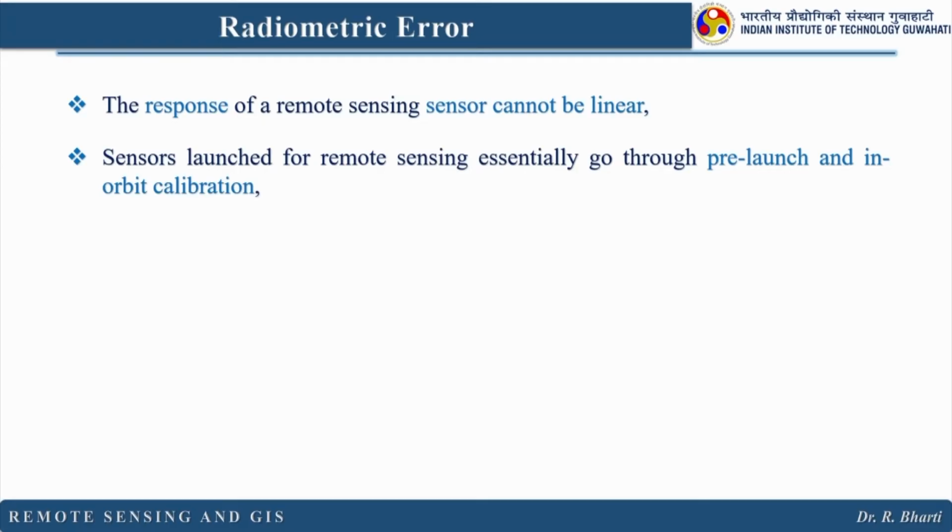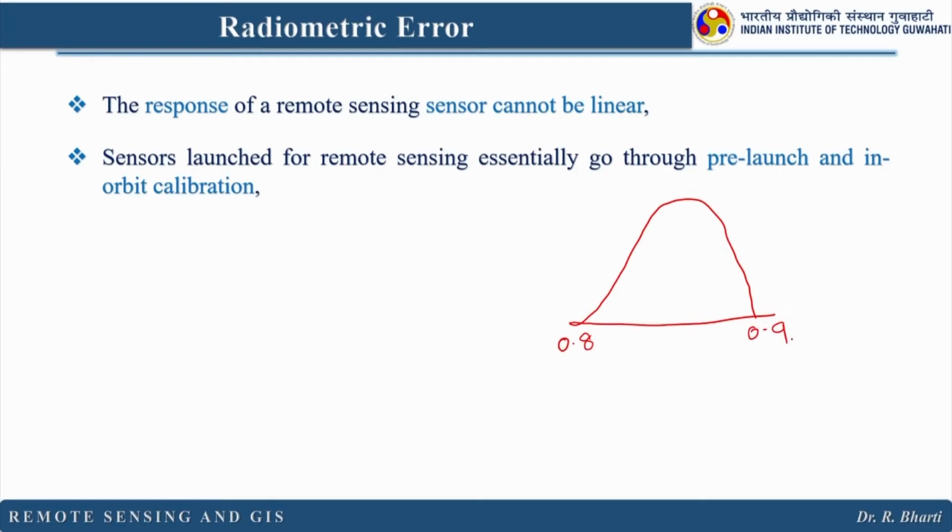When we design, we have to calibrate whether they are properly measuring the defined lambda or not. If a detector is designed to detect the energy from, let us say, 0.8 to